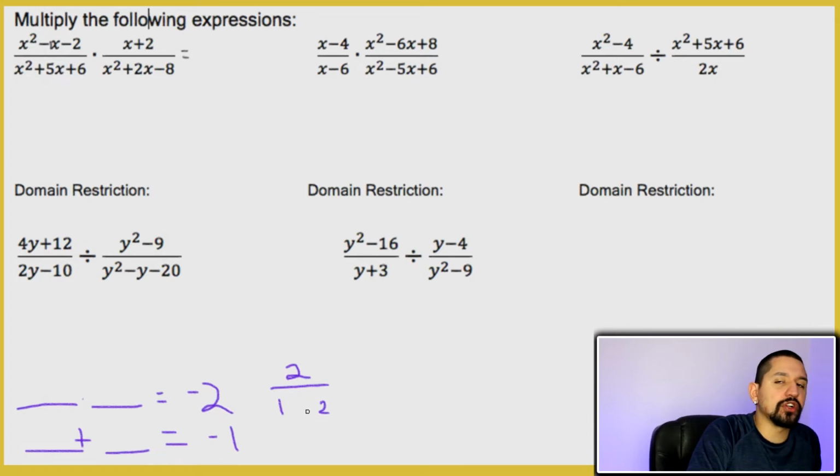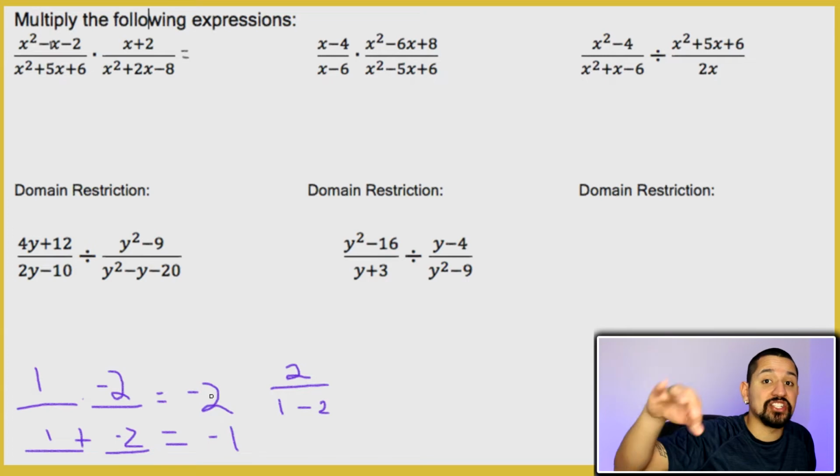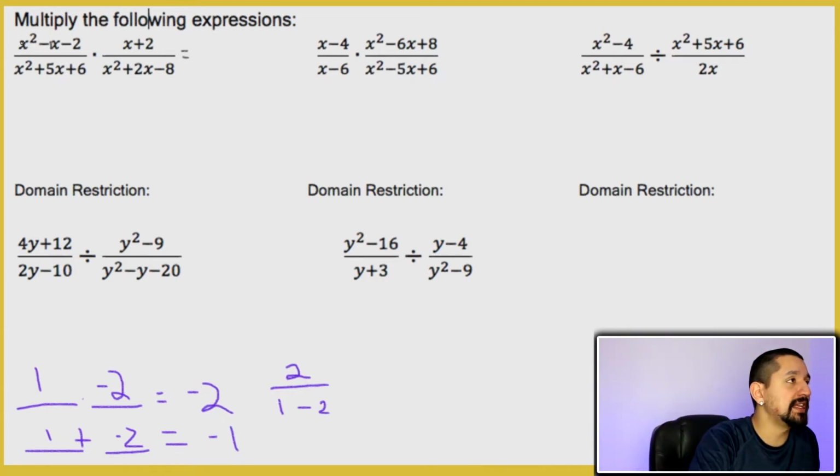Well, after a couple of trial and error, which is what you normally would do, you go, okay, how can I add these two numbers to get -1? Well, I'm thinking 1 minus 2. So 1 plus -2 is -1, check. And 1 times -2 is -2, check, we're good to go. So that means I can write that top expression as (x plus 1)(x minus 2), divided by,